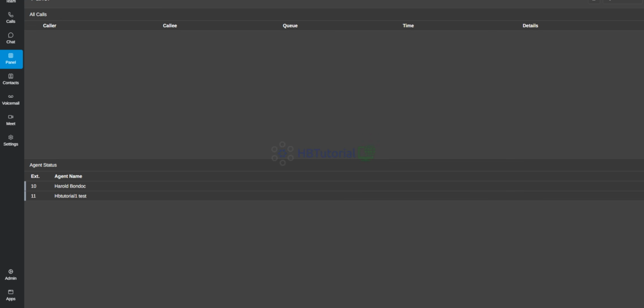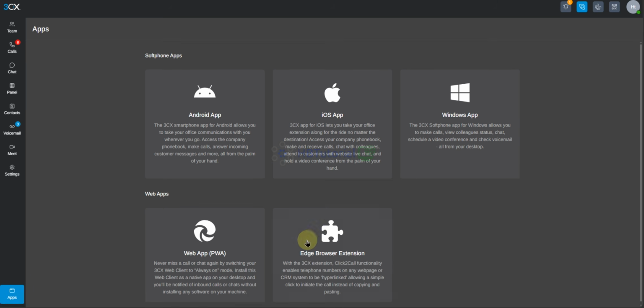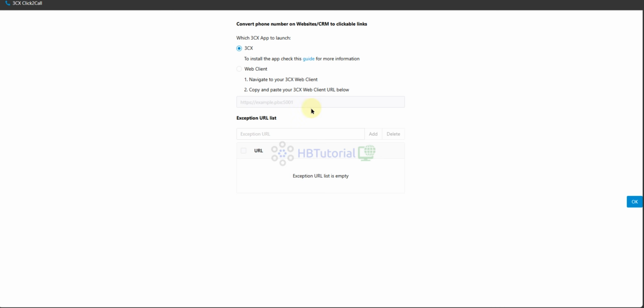That's the issue: why is it showing not available even though we already registered?